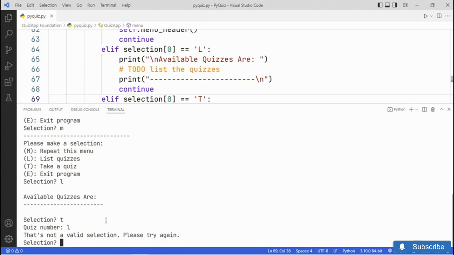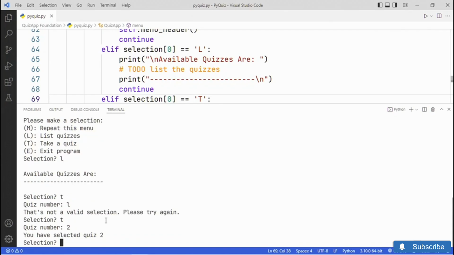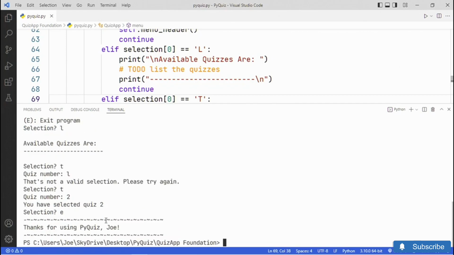I'll type L, and it says, oh, that's not a valid selection. Please try again. Okay, so I'll take a quiz, and once again, I'll enter quiz number 2. It says you have selected quiz number 2. That appears to be working. And then finally, let's exit the application with an E. And sure enough, that works. Okay, so now we have our program at the starting point,